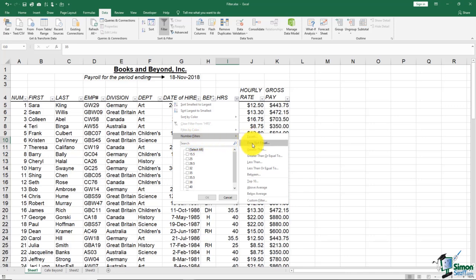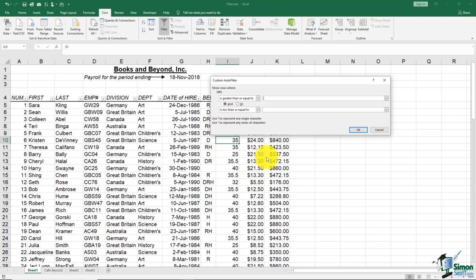One of the options you have here is Between. If you click on Between, it takes you back to this custom auto filter window, and notice it says hours is greater than or equal to, and this is where we put 35. And then it also says is less than or equal to 40. Now you'll notice there's an and an or here. These are called